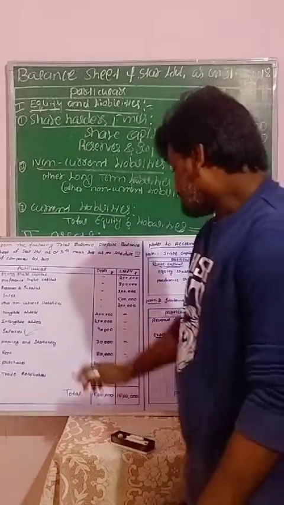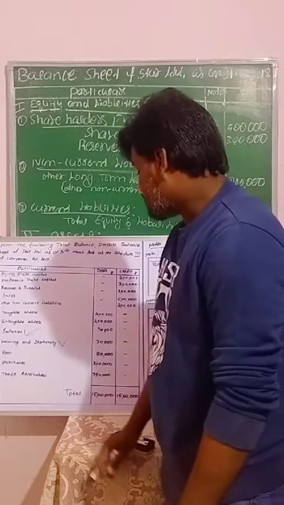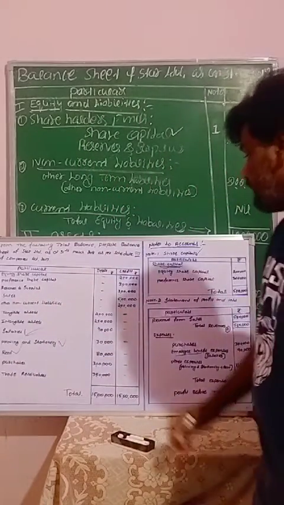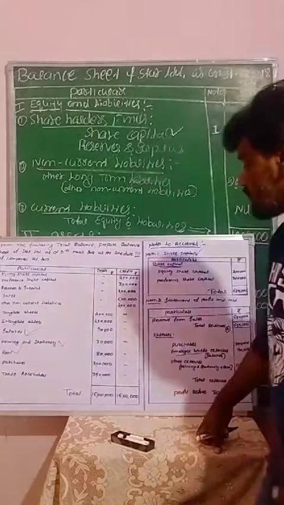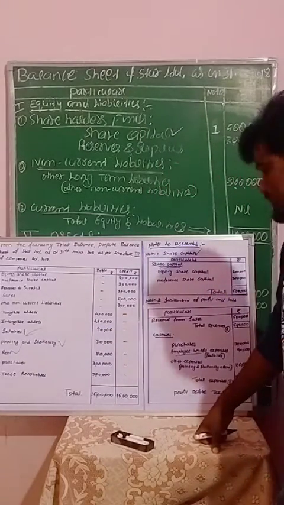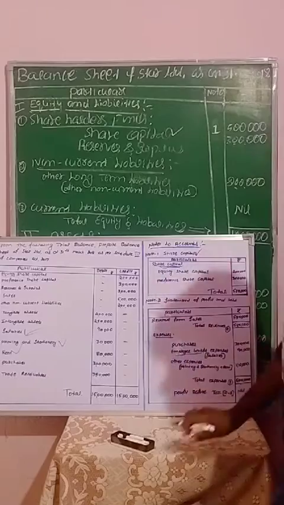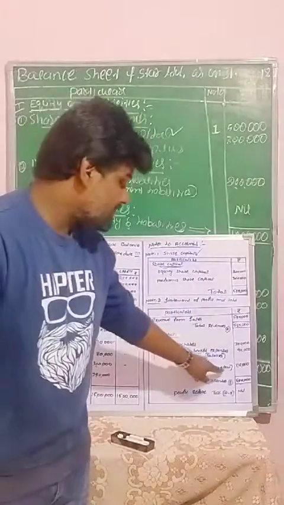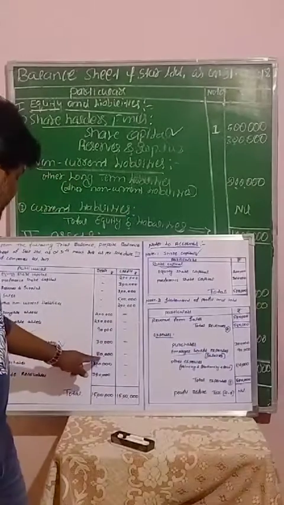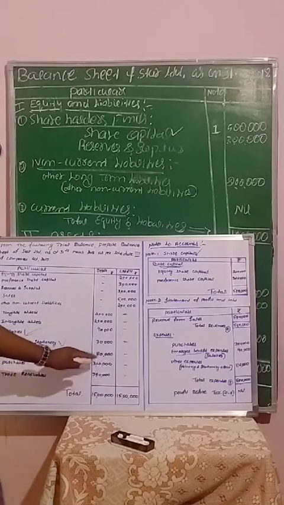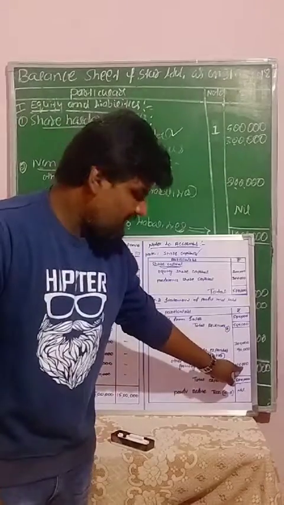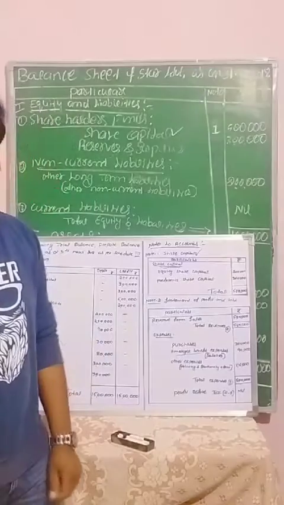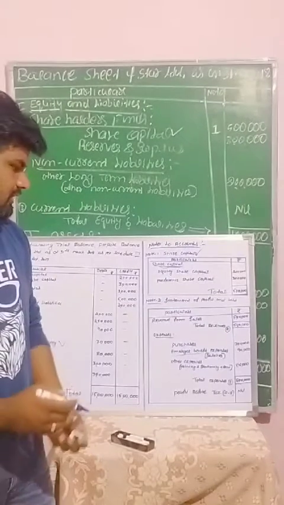The next one, again there are printing and stationery as well as rent. Both are related to expenses. So for these two transactions, now we will take only one statement, that is other expenses. In that other expenses, we include printing and stationery as well as rent. So here 80,000 rupees plus 30,000, totally 1,10,000 rupees. These 1,10,000 rupees are the other expenses in the business organization.